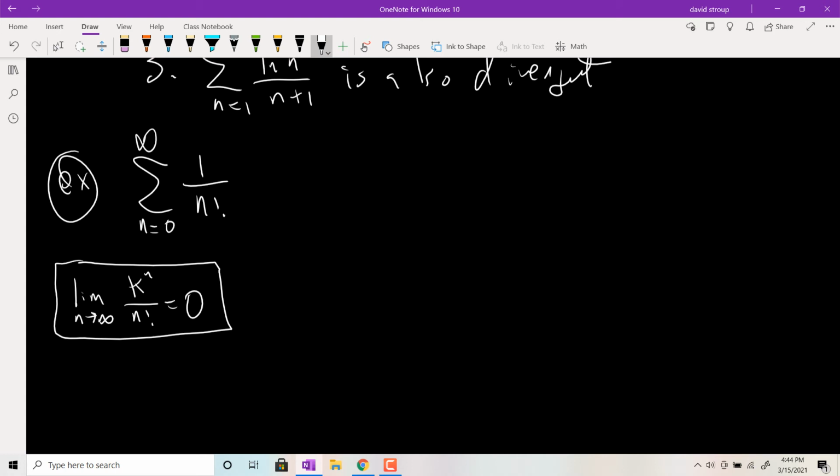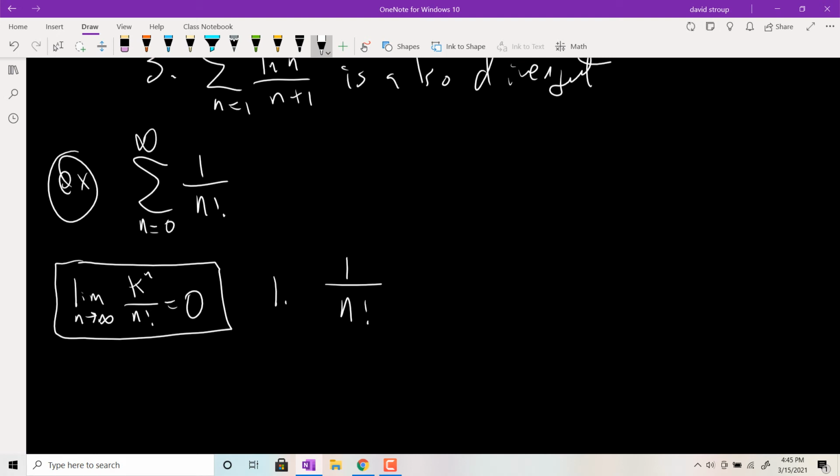So this n factorial is overwhelmingly explosive, and probably in the book they show you an algebraic proof of that fact. I usually can't even do it off the top of my head, but if you look on the internet you can probably find it somewhere. If you really annoy me about it, I could probably figure it out, but it's not off the top of my head. So anyways, we want to do a comparison test, and so what we're going to do is compare